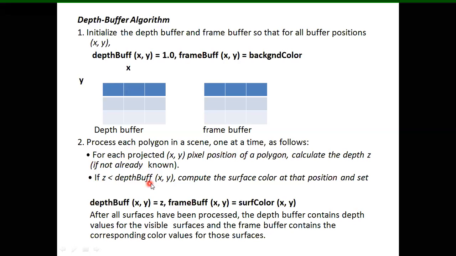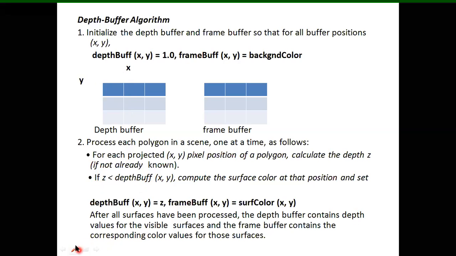To have a depth buffer, for each pixel position I will check z and compare with the depth buffer. Here 2 will be there to start. Next I will get 4. I will check whether 4 is less than the depth buffer. No, so 2 will stay here. Next I will get 8. Is 8 less than 2? No, so 2 will be there. So 2, 1, 2: this pixel is the front face.